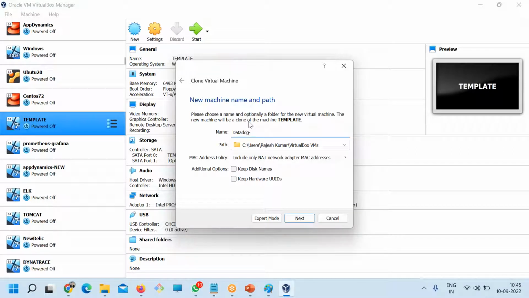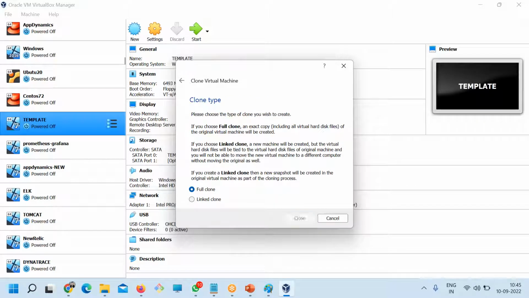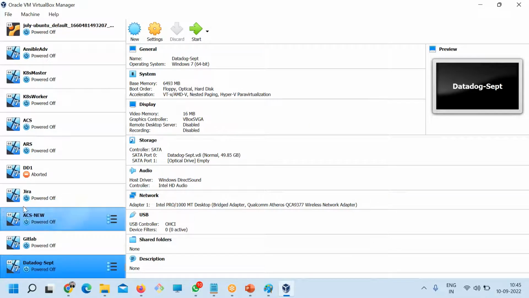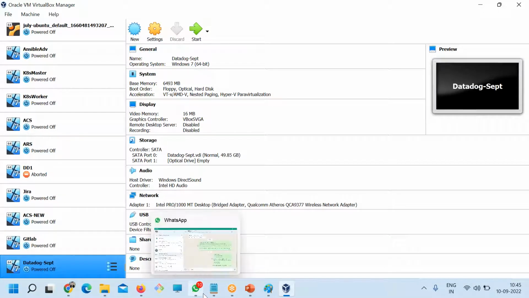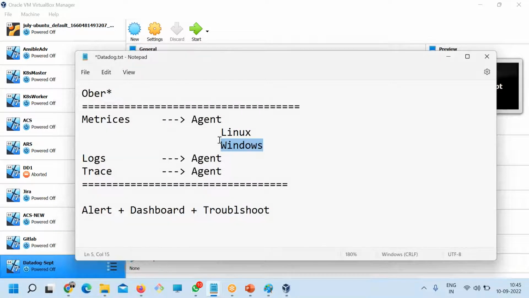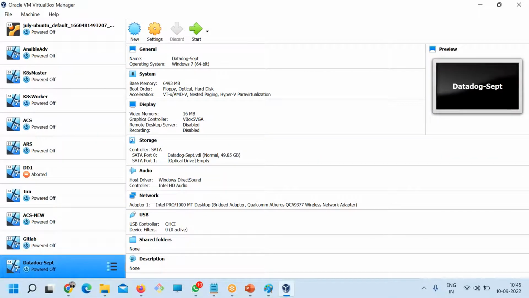I think this month is September, right? So next, create. Okay, so now you have one VM ready. This is CentOS. And for Windows, I will use my host machine only, the laptop. So here, and start.